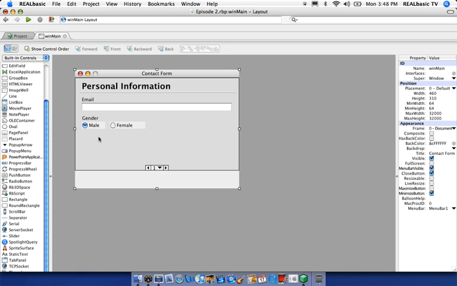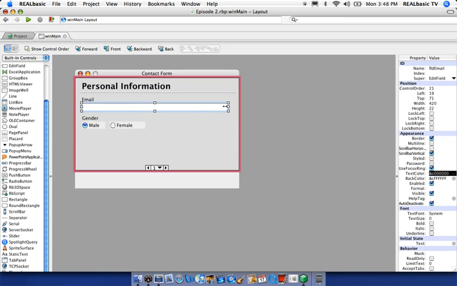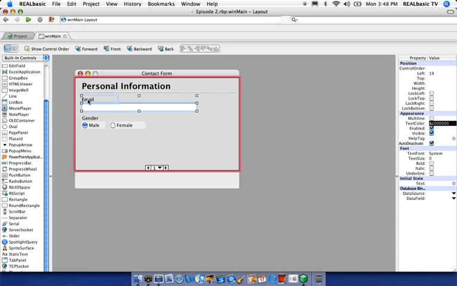The next thing we're going to want to add is the age field. We're going to want to allow the user to enter in their age, so that we can see that information. And we're going to go ahead and add it right here next to the email field. Now I made this a little bit too big, so let's click here and maybe resize it right about there. And we're going to add 3 controls for the age field here, and one of those is going to be a new control. But the first thing we're going to want to do, let's copy these 2 right here